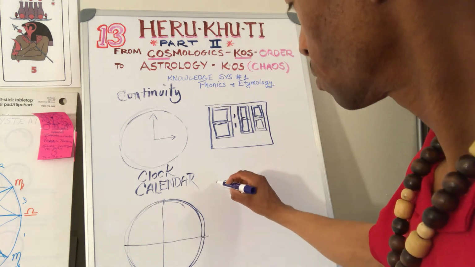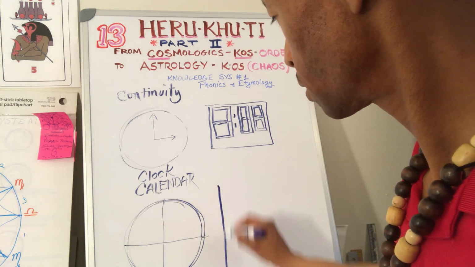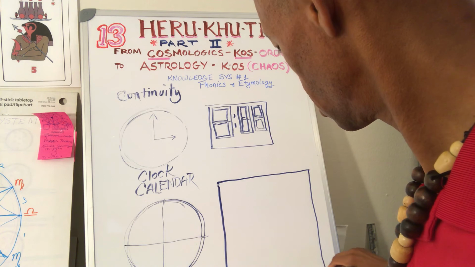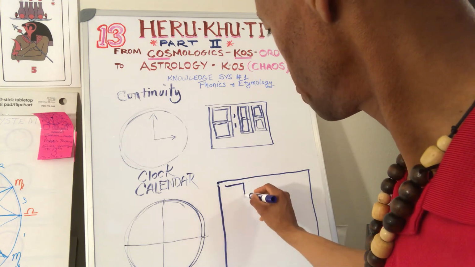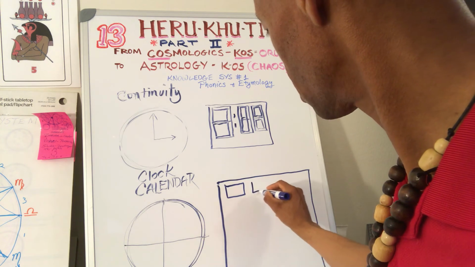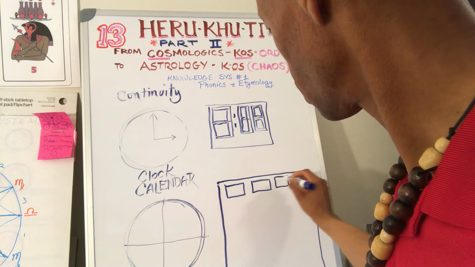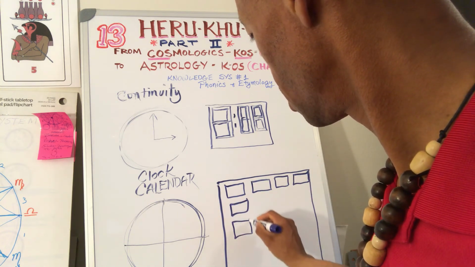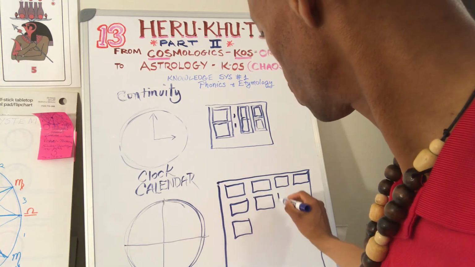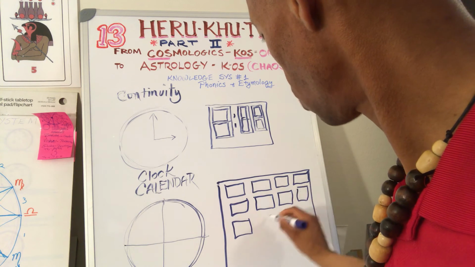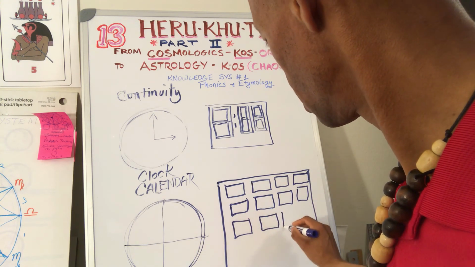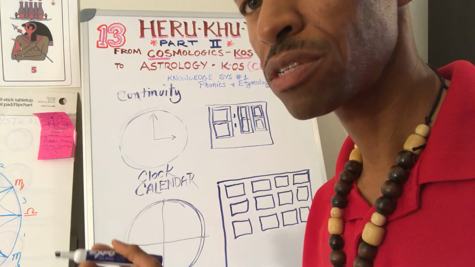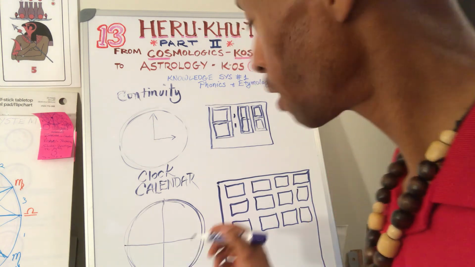But when we go to the calendars of today, we have the Gregorian calendar, right? It's on a piece of paper. They set it up so that you have boxes. You have a box of 4 going across, and then 3 going this way. Within those rectangles you have smaller boxes which denote the days. Somehow certain months have 5 weeks, 5-week Sundays, and some have 4-week Sundays, and somehow February gets